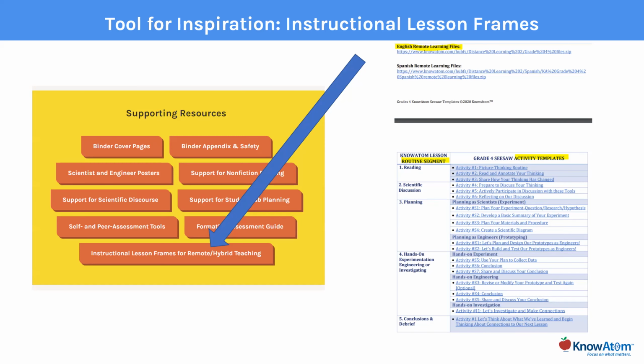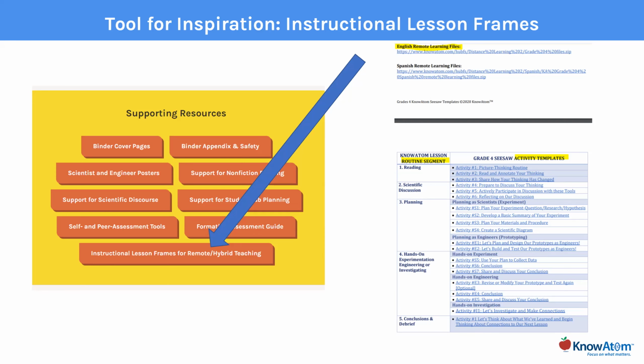So there are elements in the explanations that clue parents into what might be their role and how students should be engaging. And so by looking at some of these instructional lesson frames, you may get some inspiration for ways that you want to push students, probe, question, and what your expectations would be at different stages in